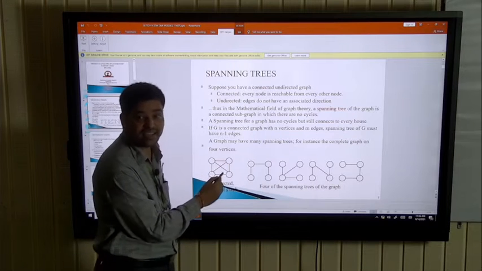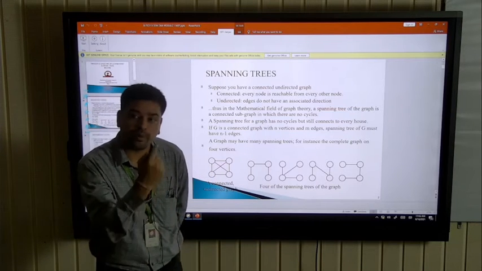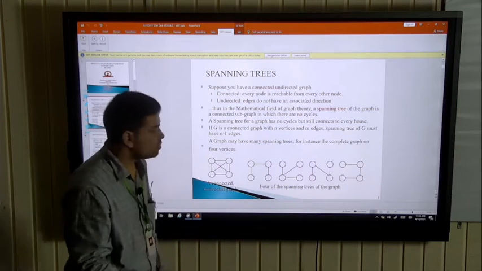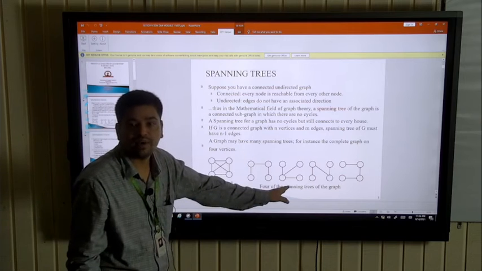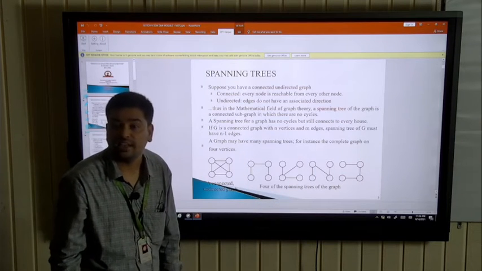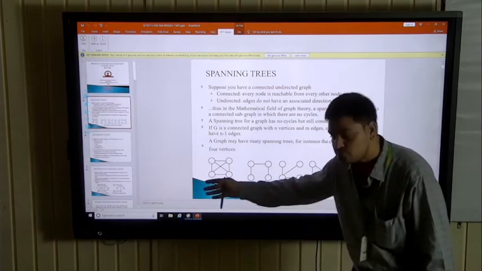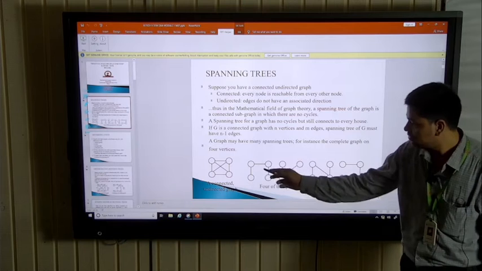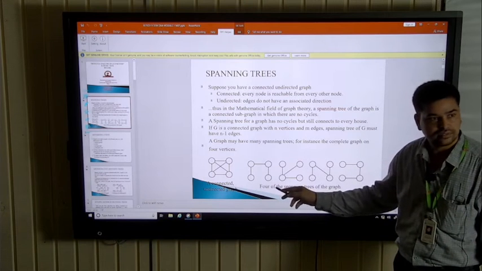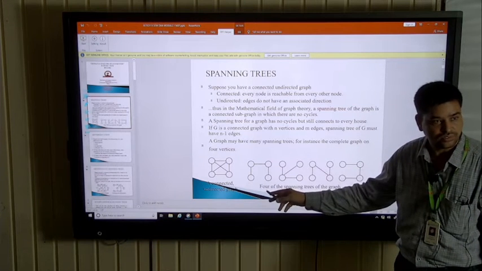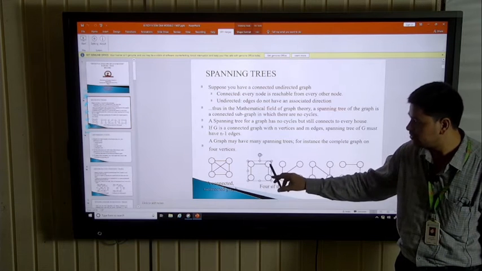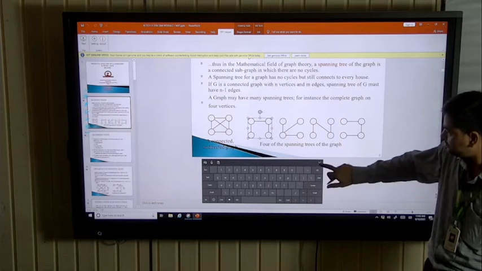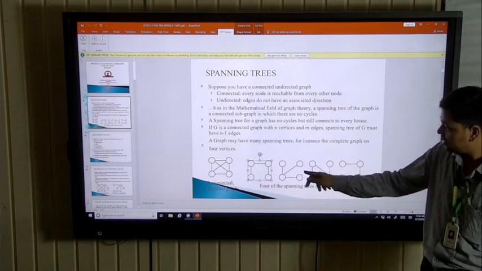Okay, so this is a cycle. If you break this cycle, the graph is converted to a spanning tree. These are the 3 spanning trees of this graph. Is it visible? Is there a cycle? No. If you start from here and come from this side, this node, then this, but you do not go this way. Is that clear? Again, this is the spanning tree.